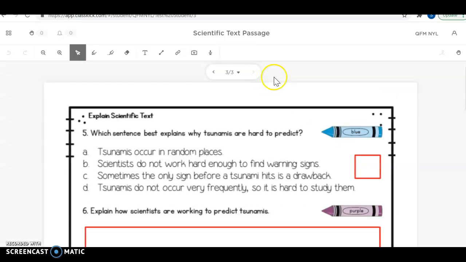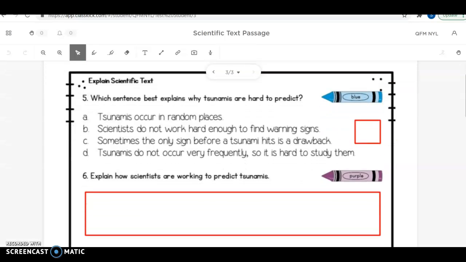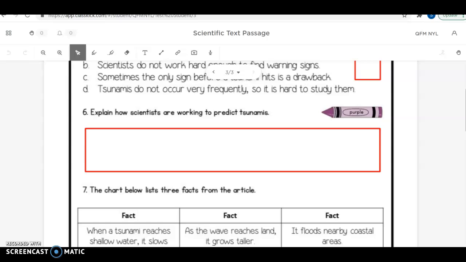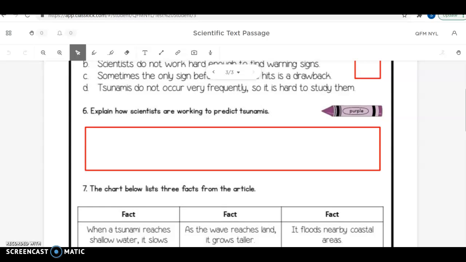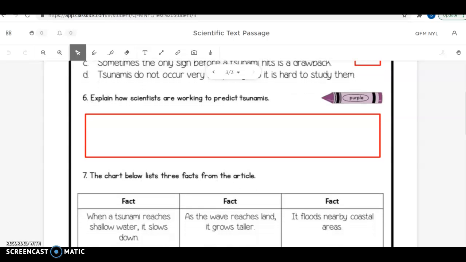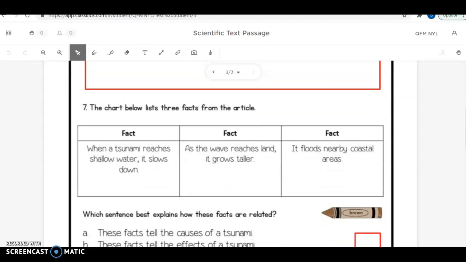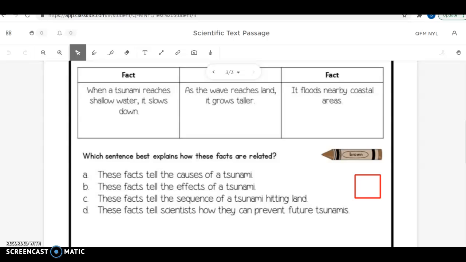Go on to page 3. There are 3 questions on page 3. Read this one, highlight with blue in the text, then type in the box. Number 6, you'll use your purple highlighter to find evidence, and then type your answer with complete sentences on number 6. And then number 7, this is a chart, and you'll read it. You'll go back to the text and highlight your answer with brown, and then type the correct answer in this